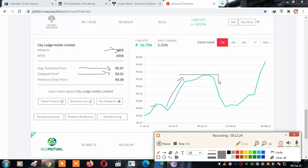It was consistent there, held that level, depreciated, dropped a bit, and then the share went up again, trading at this current price where we see the delayed price. So she made a profit of 19%. They're giving it in monetary value of 813. Okay,